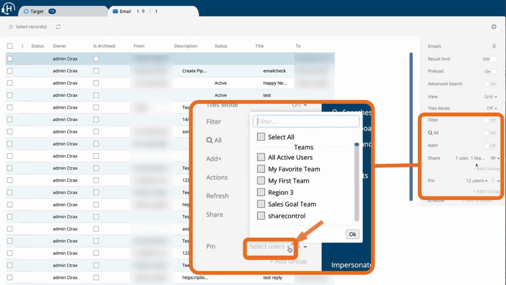First, click the caret next to the pin group to add the users. Second, select the teams or individuals you're sharing or pinning to and click OK. And third, click Save to save your changes. Next,